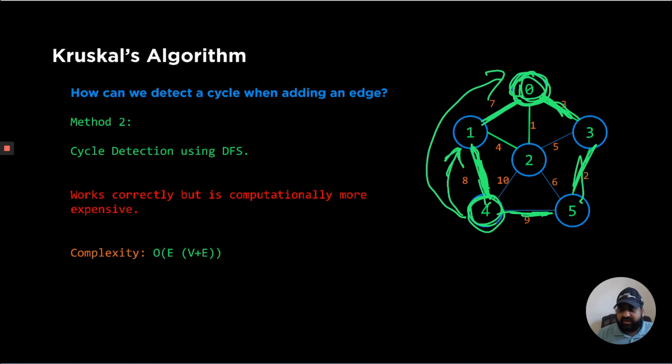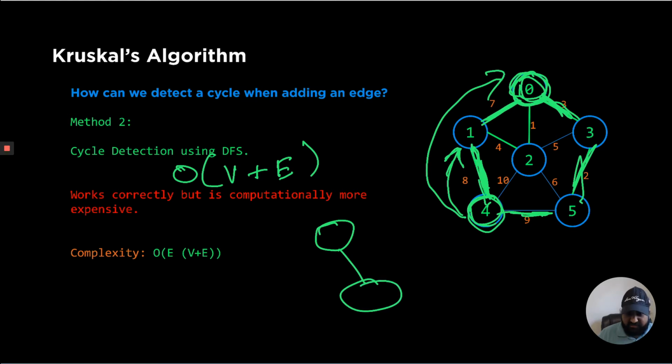We are going to discuss that in the problem solving lecture, but you can tweak the DFS algorithm, which we already discussed had a complexity of O(V + E), to detect a cycle in the graph. Now, since we are adding this for every edge, after every edge we are going to call this method of detecting cycles. The total complexity of this would be something like O(E times (V + E)),